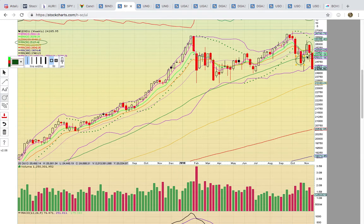Well, if that 50-week moving average turns into resistance, as you can see here, you're going to have to go back years to find when it has become resistance. If you needed a clear signal of the direction of the market right now, that's it right there. If we stay below 25129 for an extended period of time, we're heading down here to this 100-week moving average at 23344. If things do not go well with Z and Trump next weekend, we're looking at a drop down here to